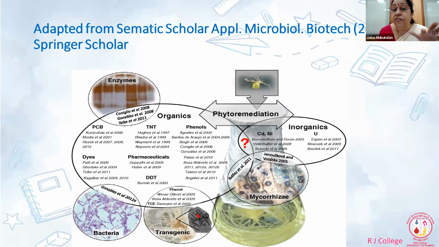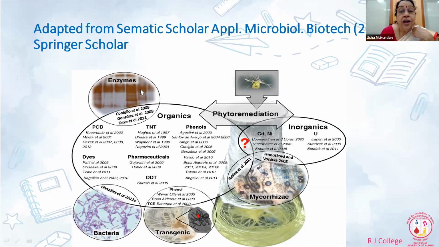So why I keep giving you the names of institutes, because you can look for career opportunities or you can look for research projects. So they can phytoremediate or rhizoremediate, or they can have a mycorrhizal collaboration, and they are capable of degrading, whether it's a pesticide like DDT or dyes, which I already mentioned, dye decolorization.